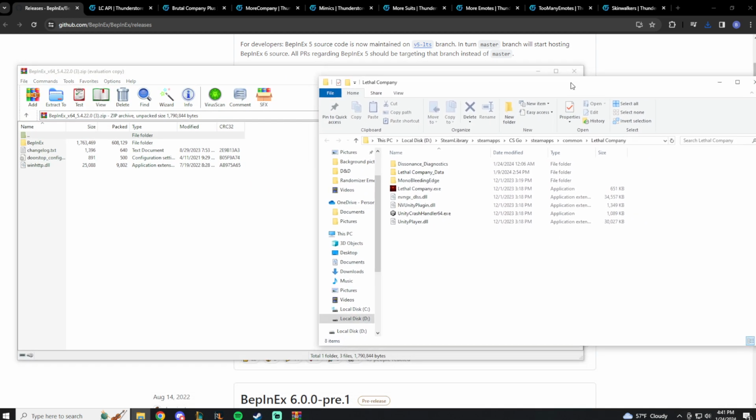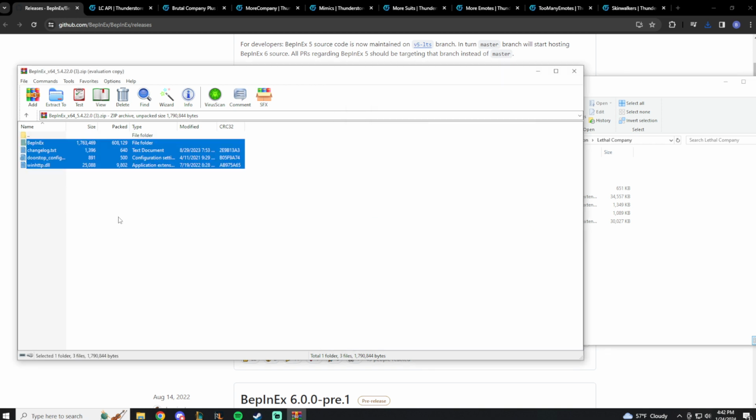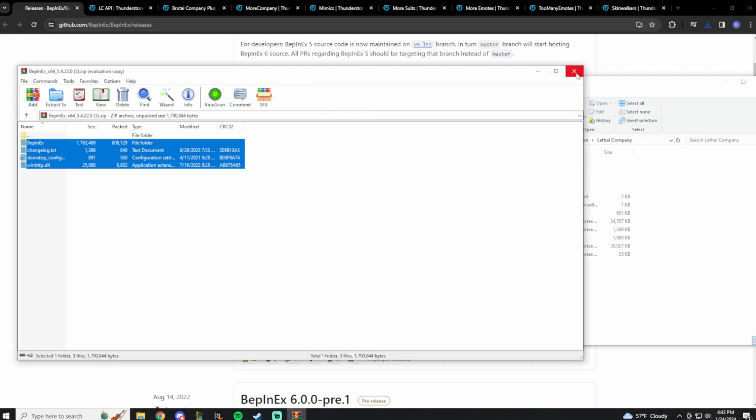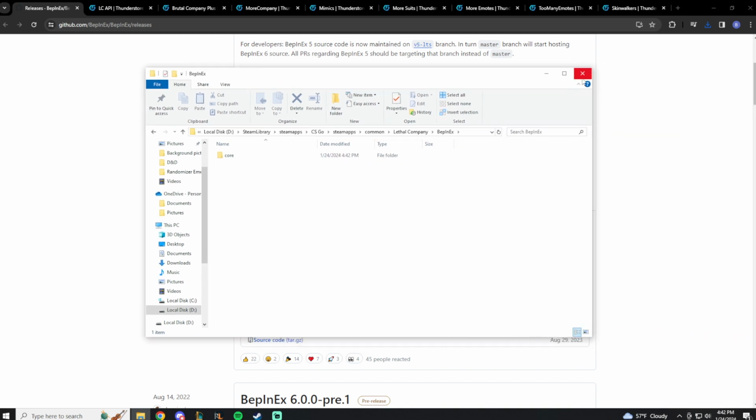And then we're just going to pull over our pathway to where we have Lethal Company saved on our computer. So what we want to do is take everything that's in this file and drag it over into our Lethal Company folder. Now that we have BepInEx downloaded, we can close out of the zip file. Going into the BepInEx folder, you can see that we only have core. Once we do this next step, a few more folders will show up in here, but we're basically just going to close that,